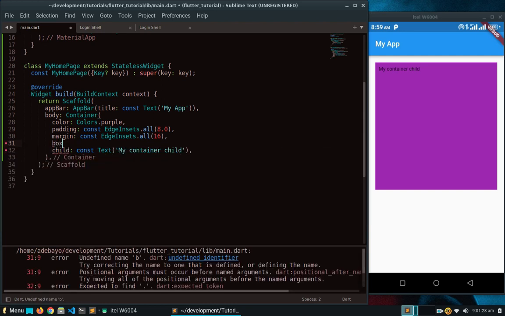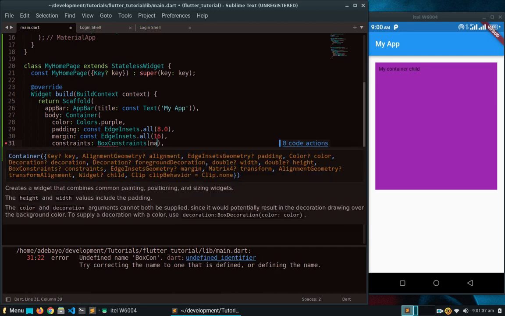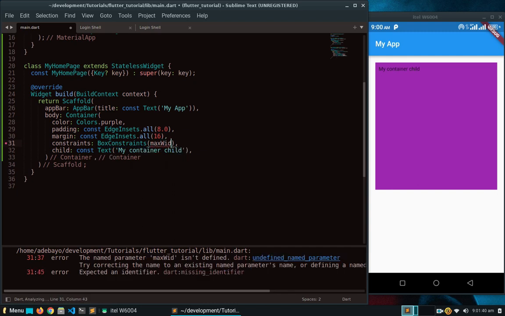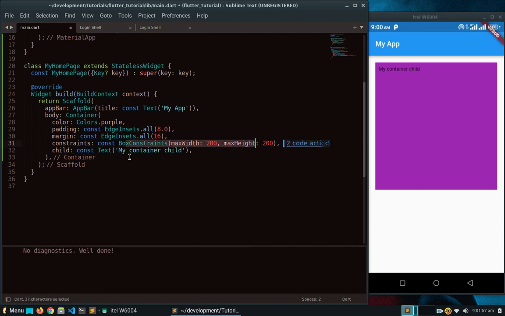Anyways, you could also create box constraints that you can give to a child. So, for example, you might want to say max width is 200, max height is 200. And now I have to make this const. There we go. So what this means is that you're going to tell the child, okay, this is how much size you're going to be having, 200 by 200. Now the container itself can actually have a bigger screen, but it's telling the child that this is the child's